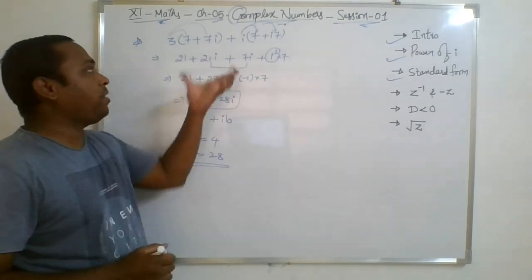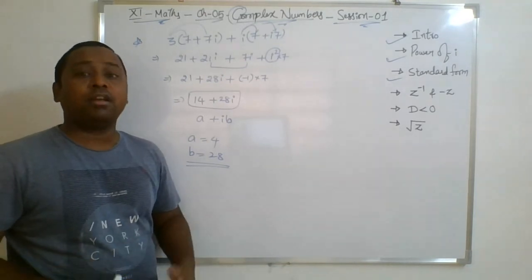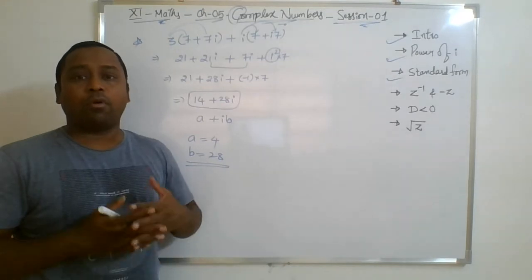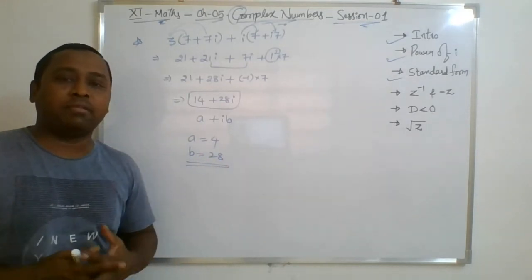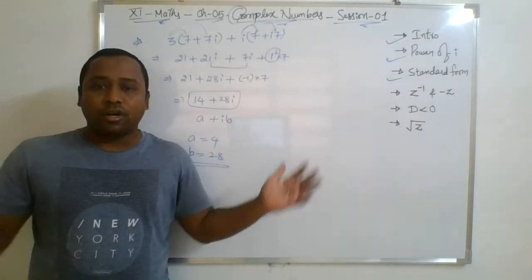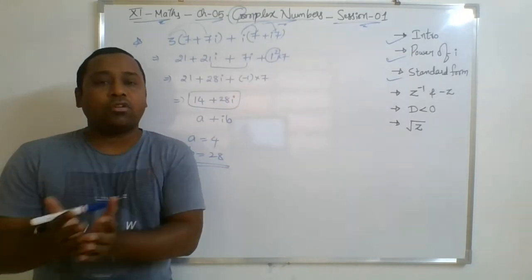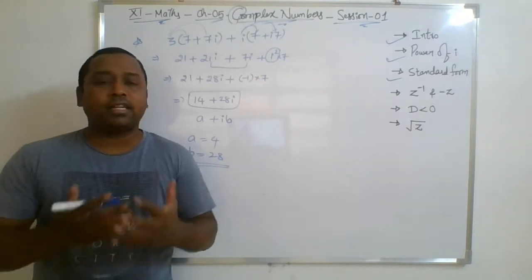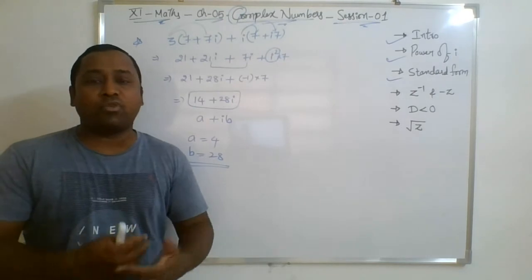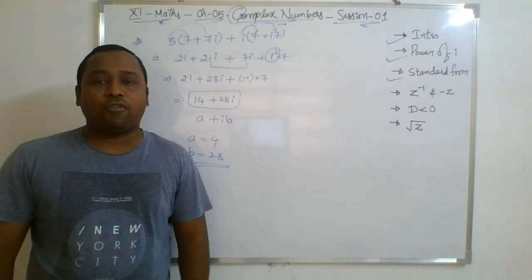Only you need to simplify the expression: addition, subtraction, multiplication, division, rationalization, a plus b whole cube, a minus b whole cube, all identities. जो algebra आपने 9, 10 में पढ़ा है वो सारा algebra यूज करिए, सिंप्लीफाई करिए, ग्रुपिंग करिए, लाइक टर्म्स यानी आयोटा टर्म्स को एक तरफ लिखिए, कांस्टेंट टर्म्स को एक तरफ लिखिए, दैट्स इट। अल्टीमेटली वो पूरा फॉर्म a प्लस ib बन जाएगा और वही आपको रिक्वायरमेंट है। What is that? A plus ib means the standard form you got.